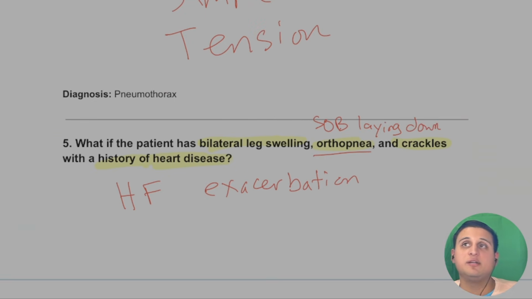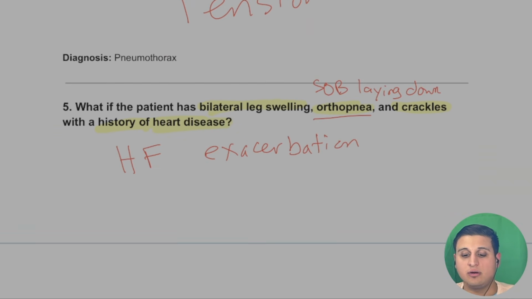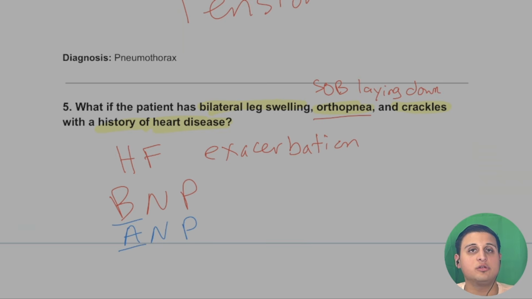All right. And then again, this patient has a history of heart failure. So this is kind of an expected thing where now they have a heart failure exacerbation, right? We're going to possibly do some testing. We're going to do a BNP. BNP is really good for trying to see if this is heart failure. If you guys remember, BNP, brain natriuretic peptide, ANP, atrial natriuretic peptide, those are both of the things just to